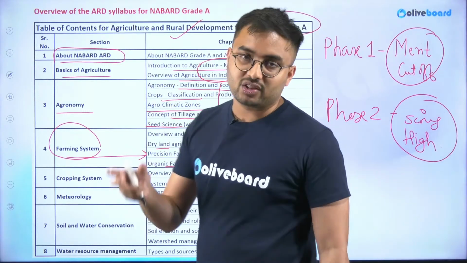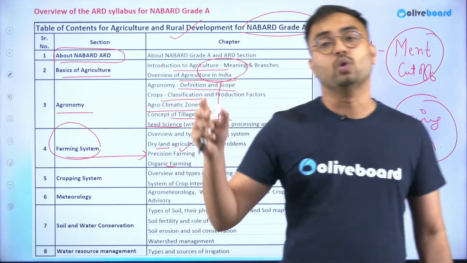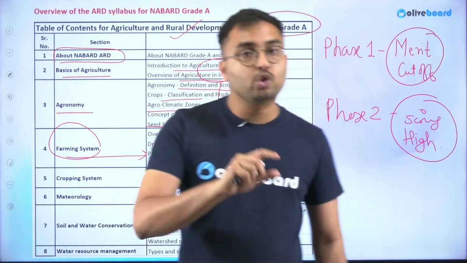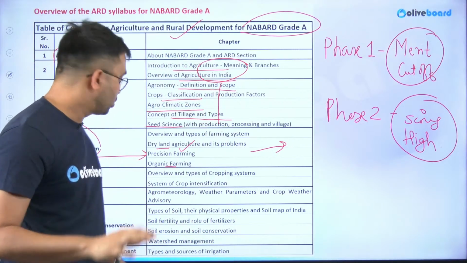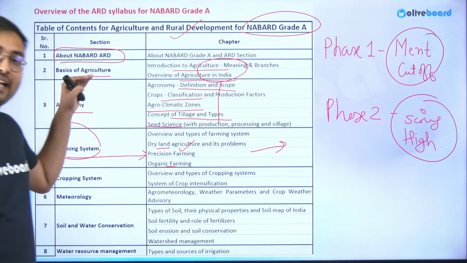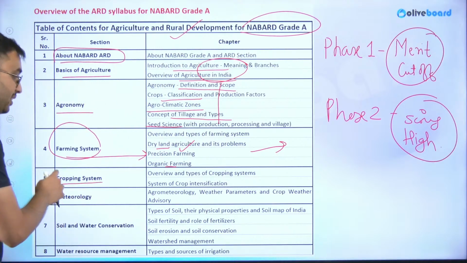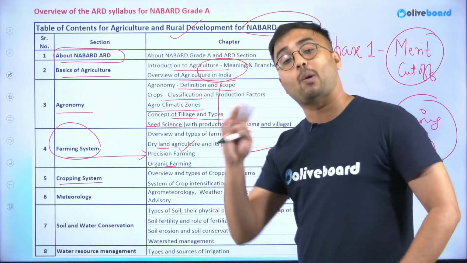When agriculture is just a scientific habit, or scientific methodology to do the plantation of crops, farming is nothing but socio-economic and scientific way of doing the cultivation. So both are different. This is where agriculture and farming are different. Then comes cropping system, breaking down farming system into cropping system.